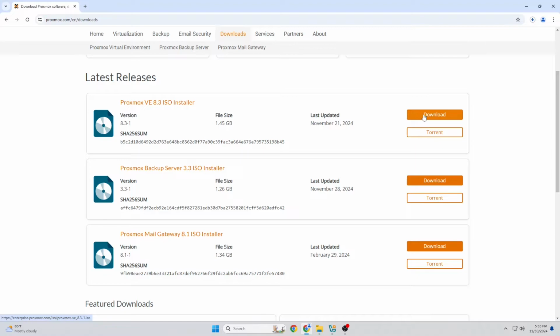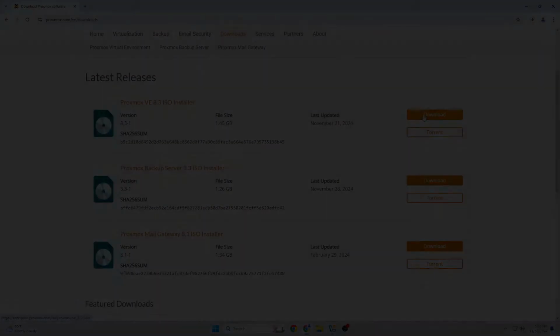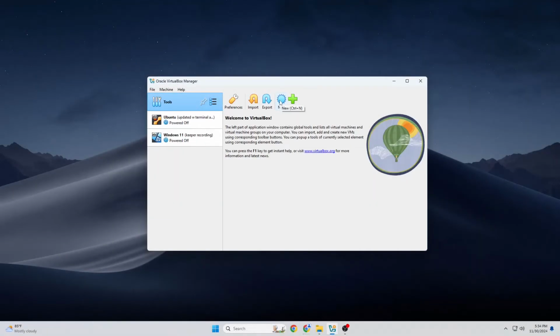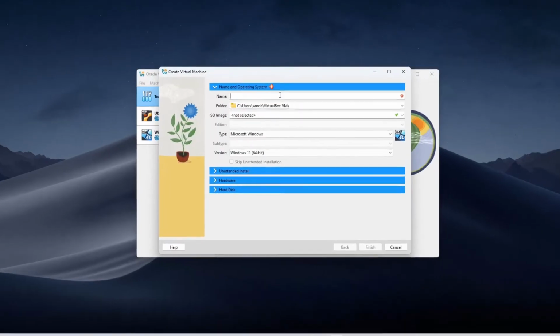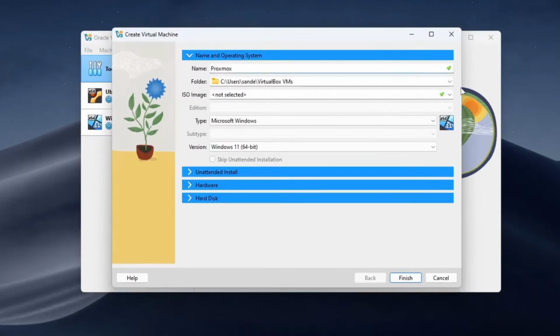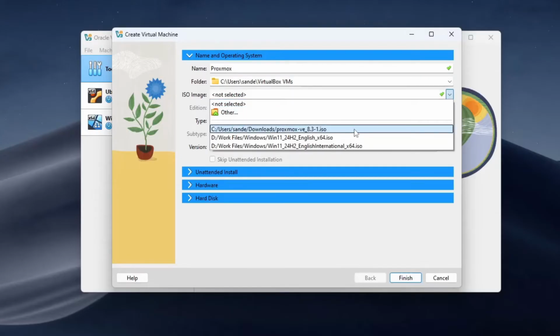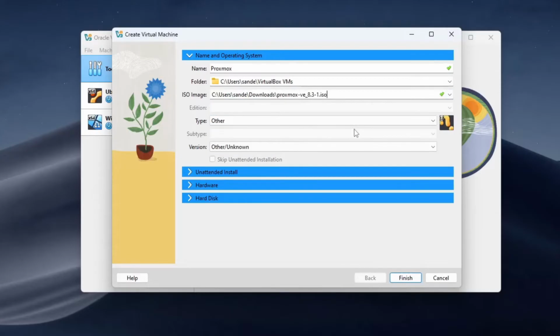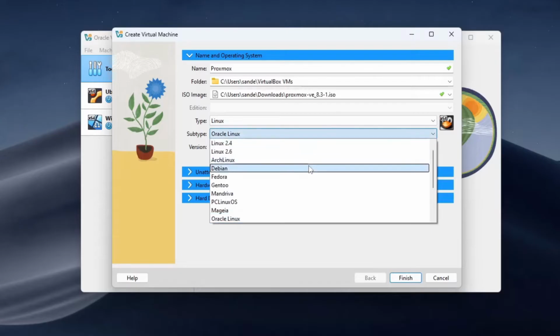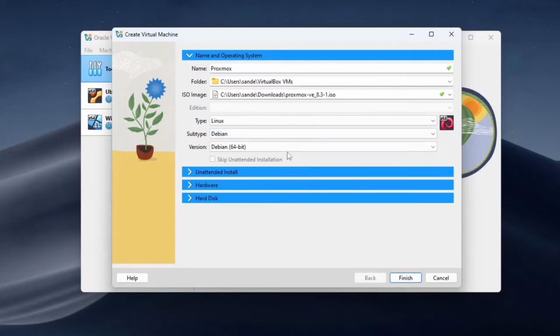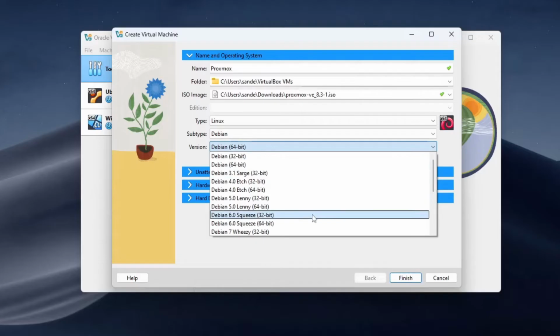Once the download is complete, switch back to VirtualBox to continue with the setup. Click New and give your virtual machine a name. Next, you'll need to select the ISO image. If it's not already listed, click Other, locate the file on your system, and select it. After that, set the machine type to Linux and choose Debian as the version. For Proxmox 8.3, you can choose either Debian 11 or Debian 12 as the version, but be sure to select